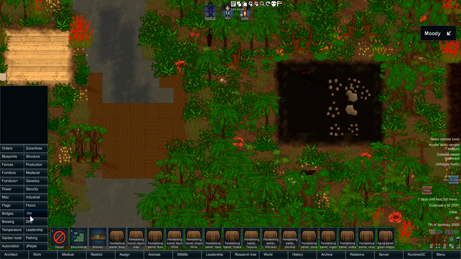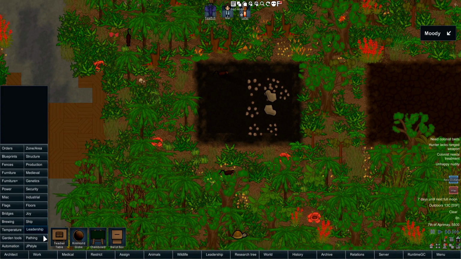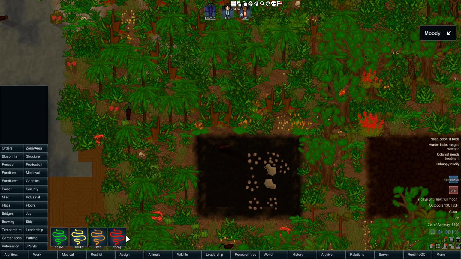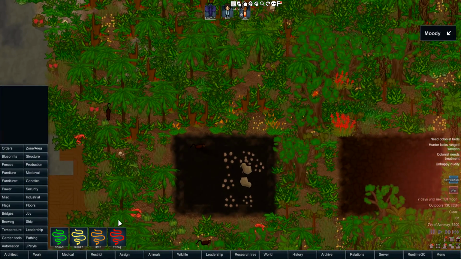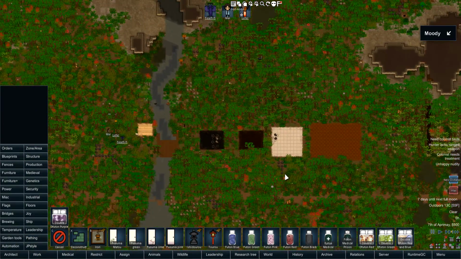Brewing from Vegetable Garden, ship from in-game stuff, temperature from a whole lot of things. These are all from different ones. Leadership from the leadership mod, garden tools from Vegetable Gardening, pathing from the... Oh wait, they removed one of them. Where's preferred? There's no preferred pathing, unless I'm missing it. They removed preferred. Okay, anyways, and then automation, SD automation,